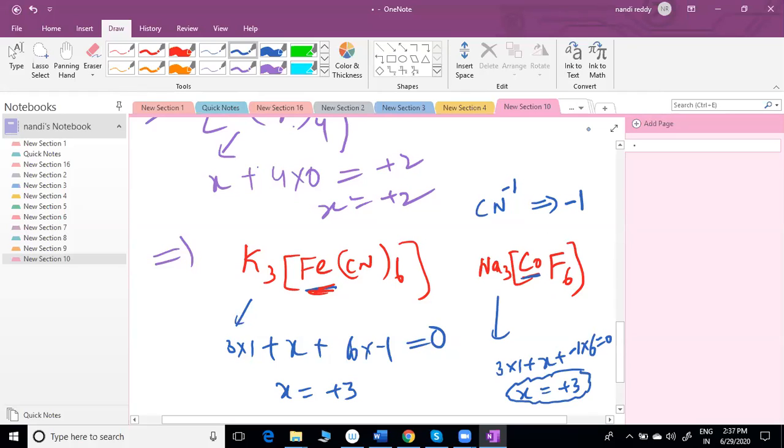Ligands we are going to discuss later. Ligand means which is donating a lone pair of electrons. That's what we call a ligand, which can donate a lone pair of electrons to one who requires electrons. We are going to study that later, so don't worry about anything here. This is a given. These all we call ligands. Cyanide is the ligand in this case, inside the square bracket we are keeping the complex. Except the metal, everything present inside, other than the metal, we call ligands. Cyanide is the one ligand. Sorry, cyanide is the ligand, not cobalt. Cobalt is the metal.